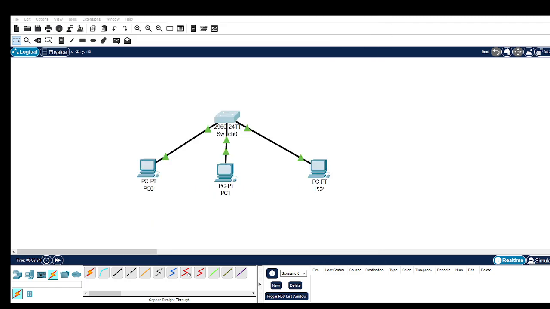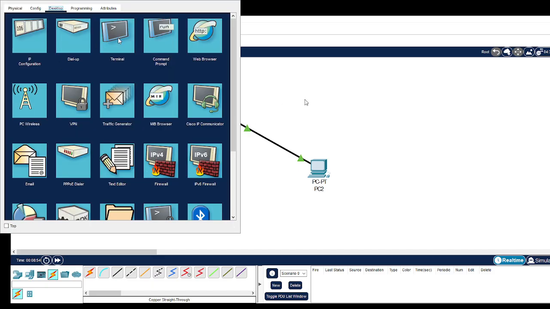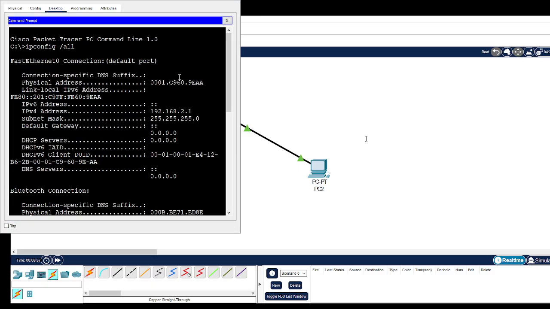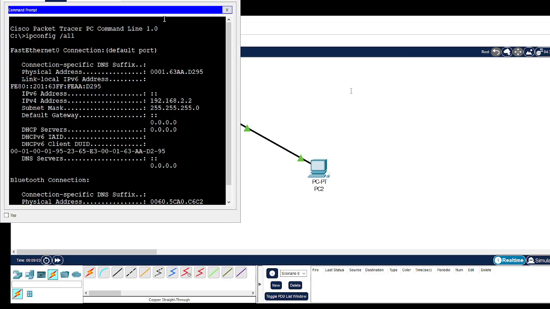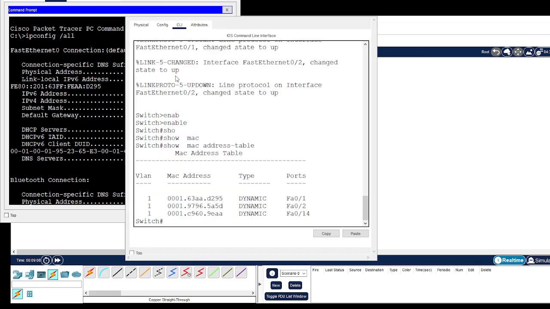So let's look for it among the actual PCs. So I go to this PC here and say ipconfig /all. This is not the one. I go to this one here, ipconfig /all. It is here, D295. So let me compare here with my command prompt here. So we see that these ports over here,